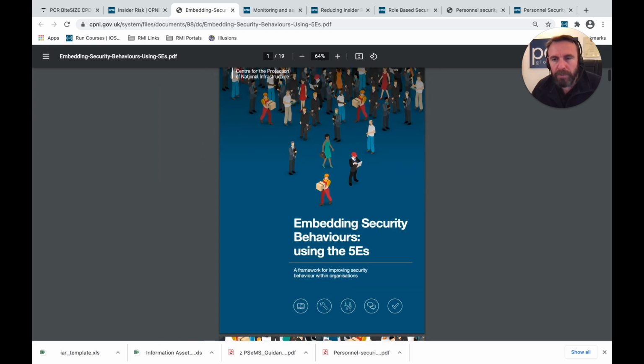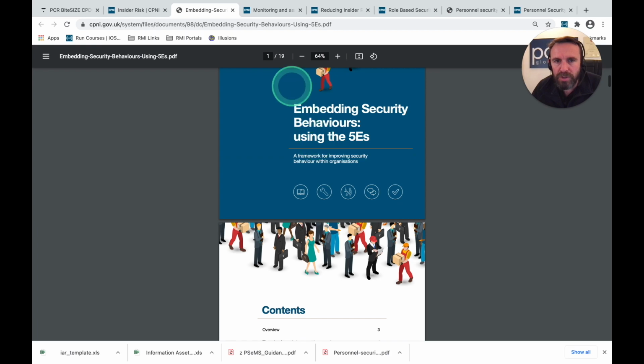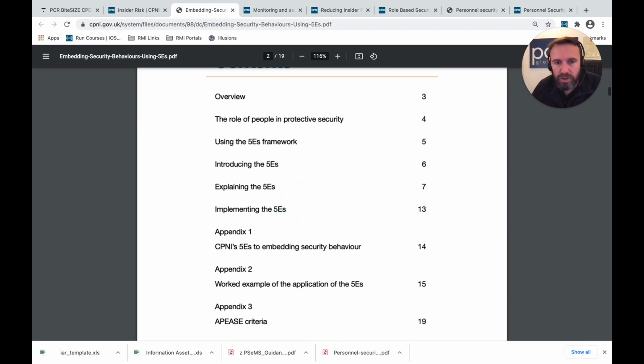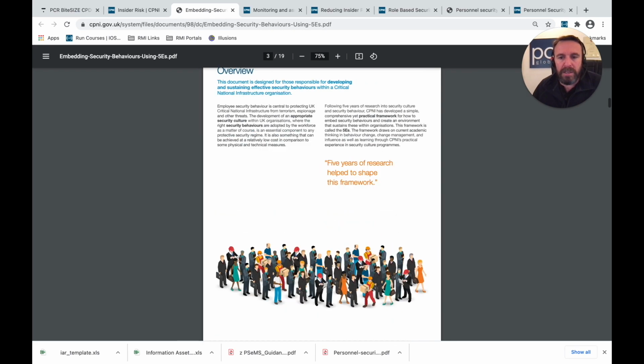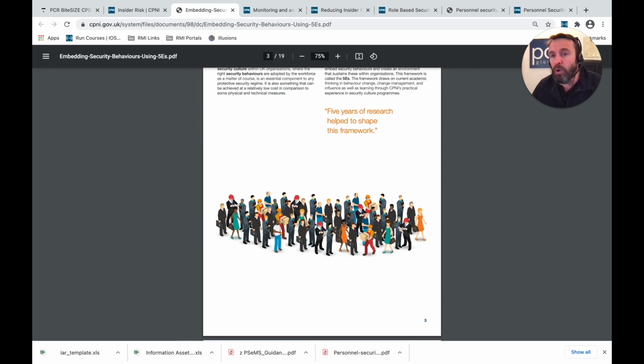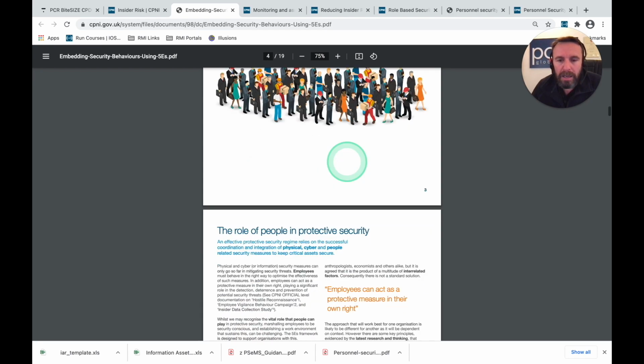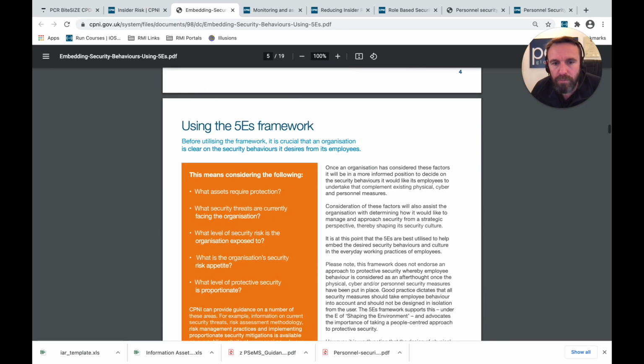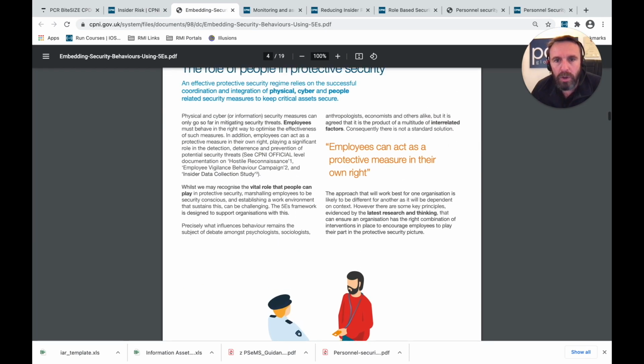So we will talk about this on one or two of the next slides. This is all about behavior. So this is a 19-page document from, again, the CPNI. If you've not seen it, please get onto their website and have a look at it, even though this is obviously supposed to be specific for national infrastructure. Ultimately, we can take little bits from it and make up our own eclectic risk management, security management framework. So this document really is worth looking at.